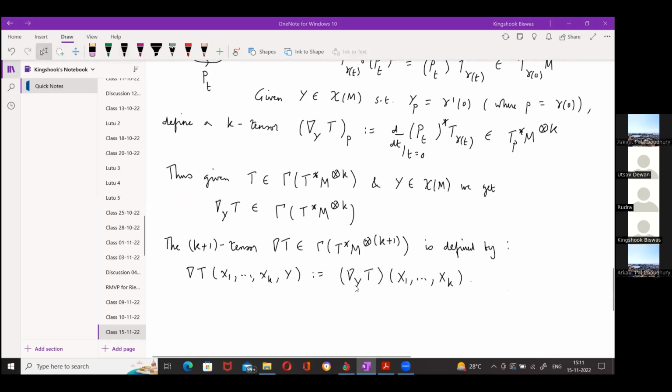Okay. Now, consider, given y in T_pM, you let gamma be a curve such that gamma(0) equals p and gamma prime (0) equals y at p. Okay. Then